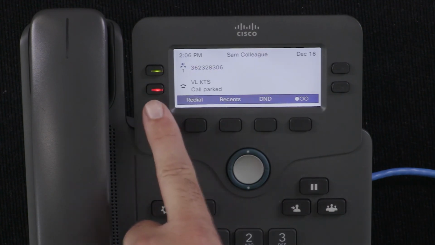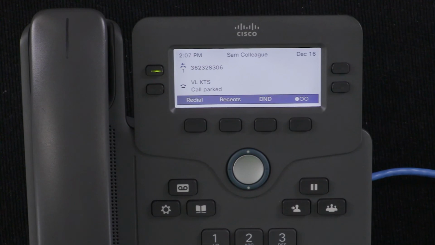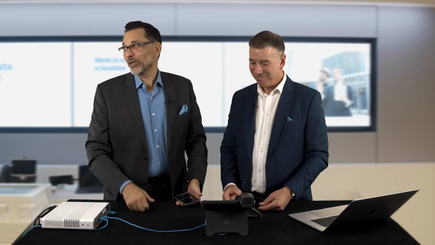Now we know that this was an available line, and people in an office get used to it. The BLF was assigned to it. Yes. And now all you've got to do is, hey Josephine, can you pick up that call on the virtual line? There you go. Perfect. What a great way to work, especially in an environment where people are used to working in this manner.